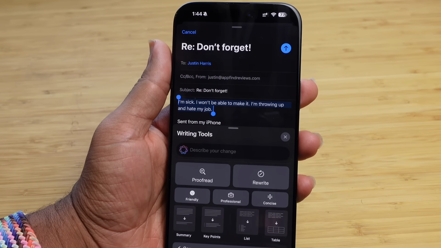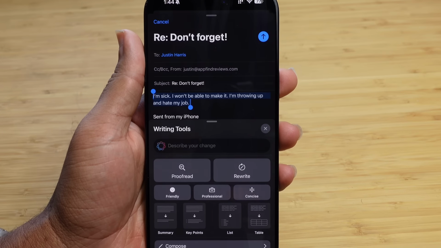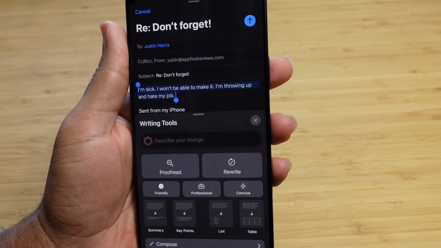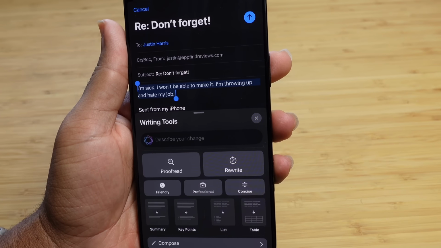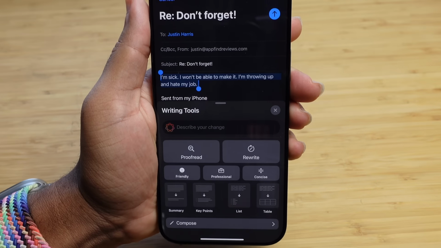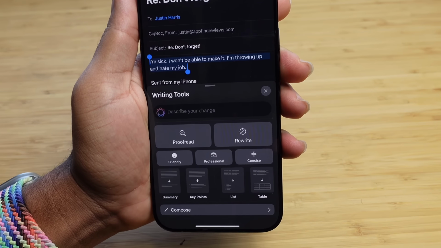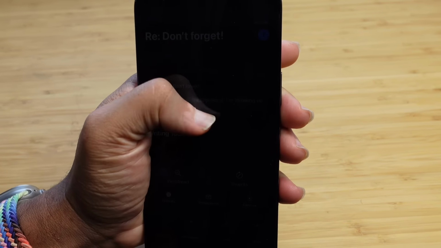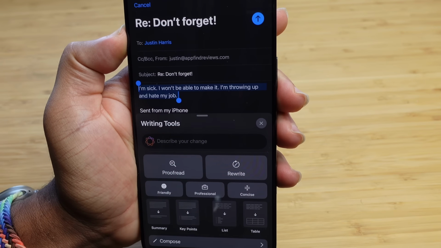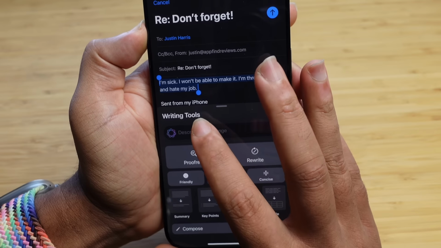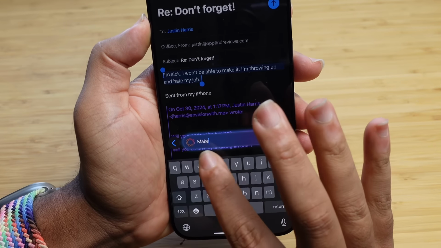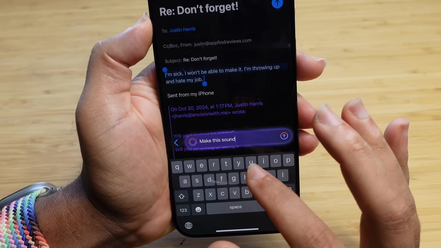We're going to be able to come in here and modify any type of writing that we create. And here you can see you've got options like proofread, rewrite, friendly, professional, concise. You can do a summary, you can do key points, you can do a list, you can do a table. So there are so many features baked right here into writing tools that is designed by Apple Intelligence. So I can come over and say, describe the change. Say I want to say, make this sound more